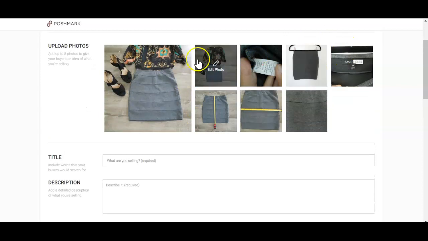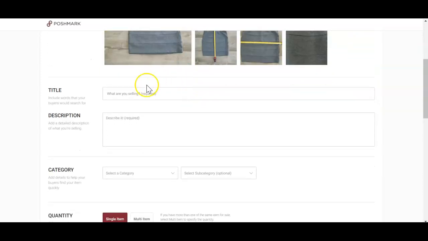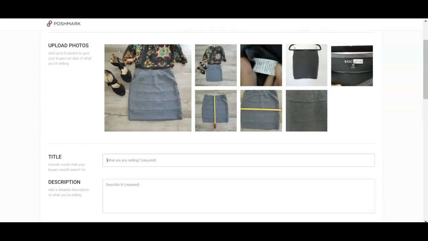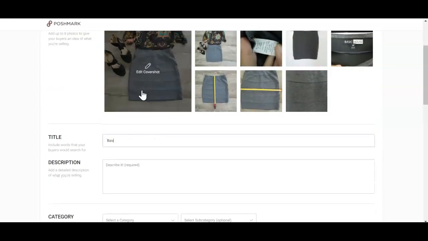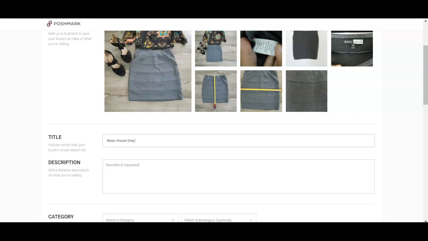So once you have your closet organized how you want it, you can come in here and put a title, and I will put the brand, because I want people to know the brand of it, and then I want to note it's gray, and it's a pencil skirt. Perfect. Then I'll come in here and also write a description, and let's just say I'll put the brand in there, I'll put the size, I'll put the length, I'll put the width, I'll put the texture/material,